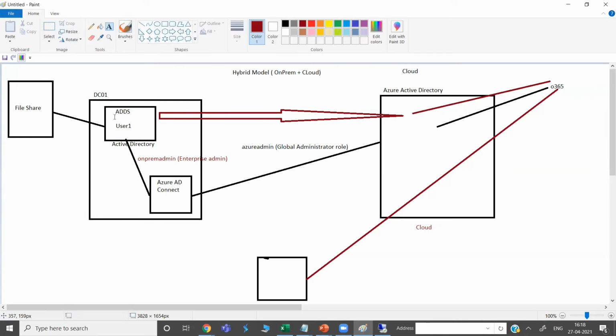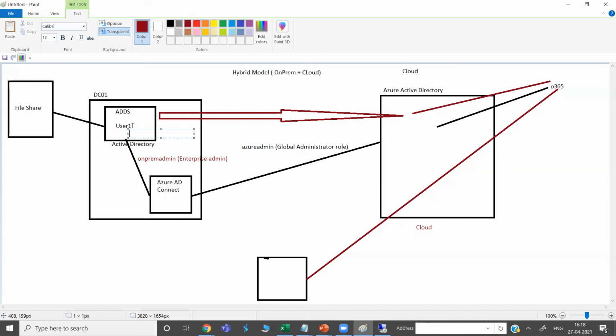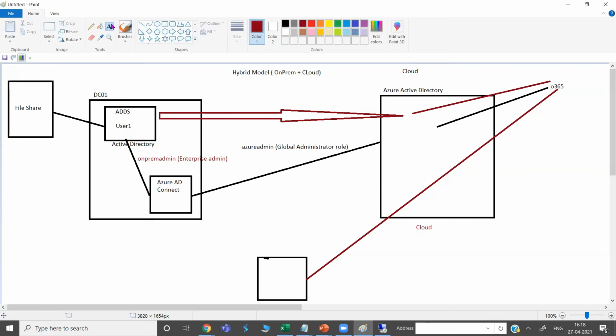Although the account was created here in the on-prem Active Directory, whenever you use password hash synchronization, in that case the password, let's say this is user one. So whenever this account moves here, this user one will also move here.